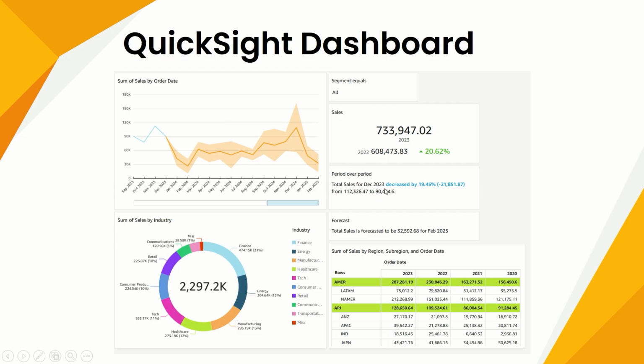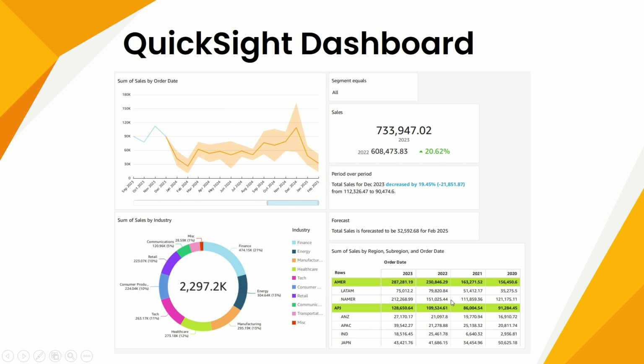And then we have added the description of this particular forecast and sale, showing what the forecast till February 2025 looks like. And then we have added this particular chart which shows you sales per industry. You can see that we have the sales for all the industries marked over here. And this is the pivot table that we created. If someone wants to see the multiple sales factors for different order dates and for different sub-segments, you can see from here, and for different countries, you can see that from here as well.